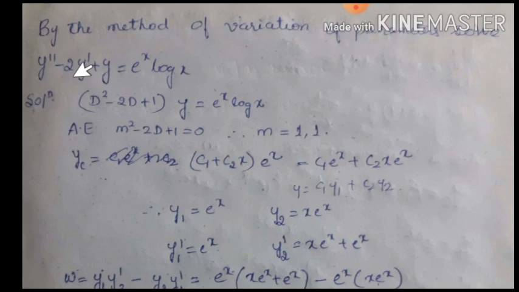So first, finding the complementary function. It is the same as how we have done it in the previous classes. The same method we need to adopt. Write the given differential equation with the differential operator. Then write the auxiliary equation. Sorry, here it should be m square minus 2m plus 1 equal to 0. Using a calculator, when you solve it, you get the roots as 1, 1. Here the roots are of repeated type.